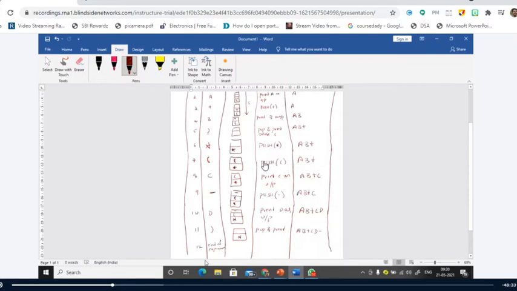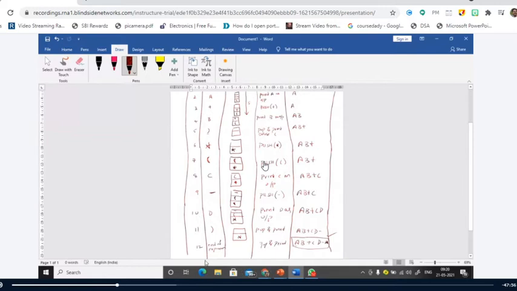Whatever expression we have in the output, that will be the corresponding postfix expression for the given infix expression. But when the stack is not empty, then you have to perform the pop operation and print operation subsequently. So whatever elements are left over here, you have to perform the pop and print like this. So the last expression or the output we get is AB plus CD minus star. So this is the corresponding postfix expression for the given infix expression.